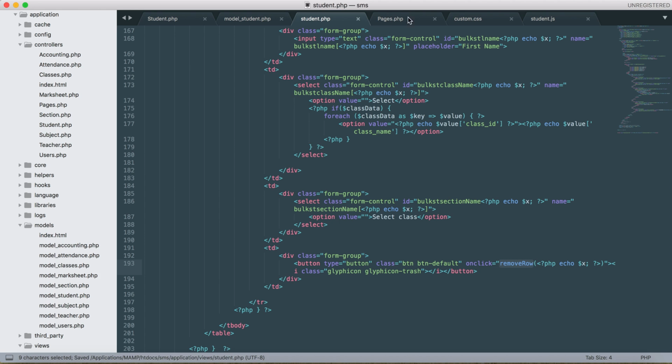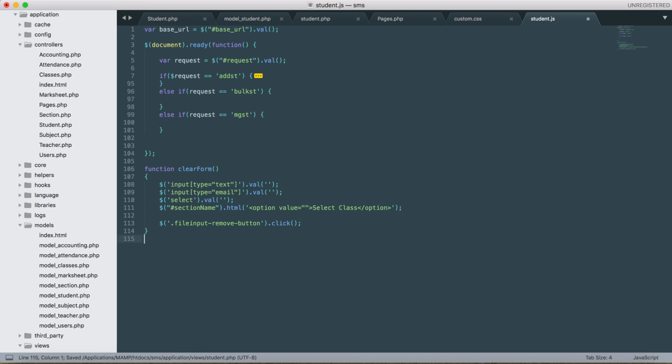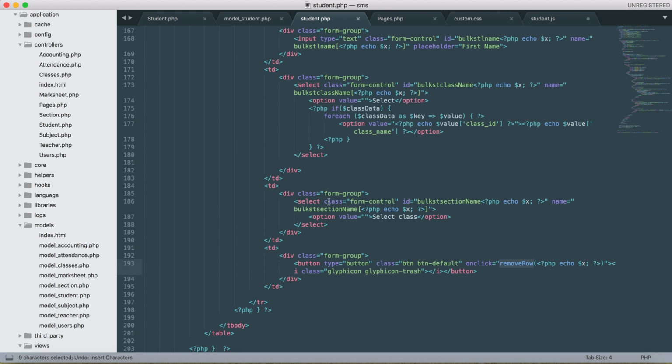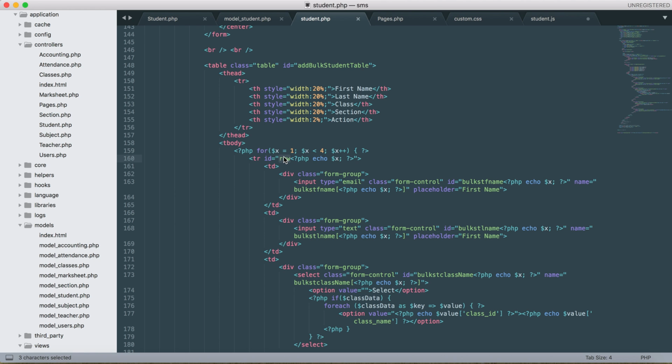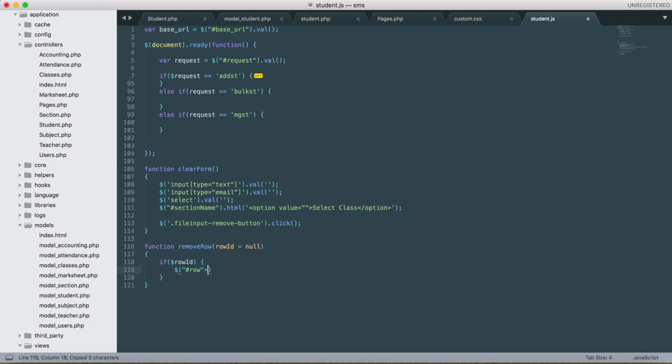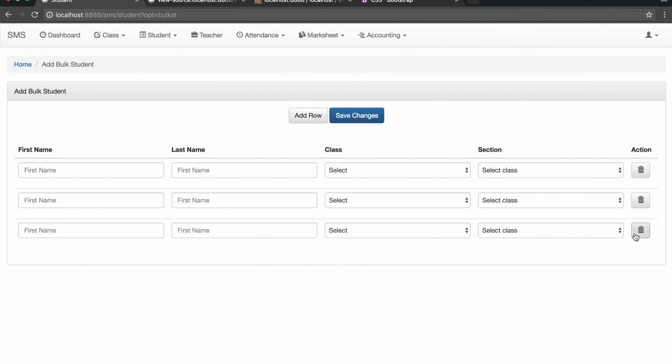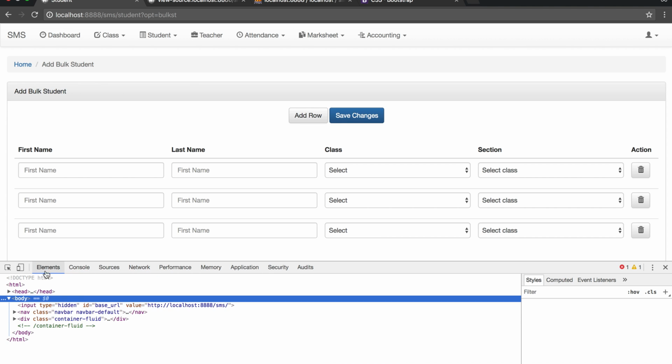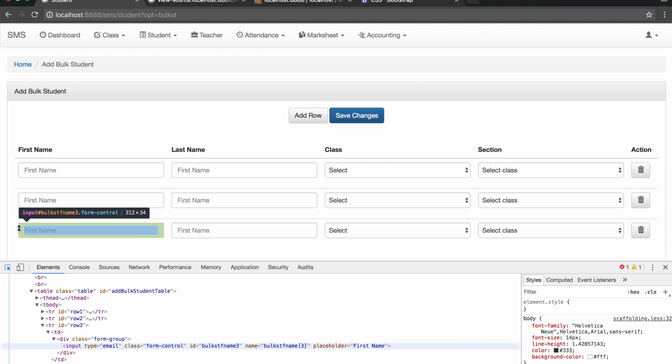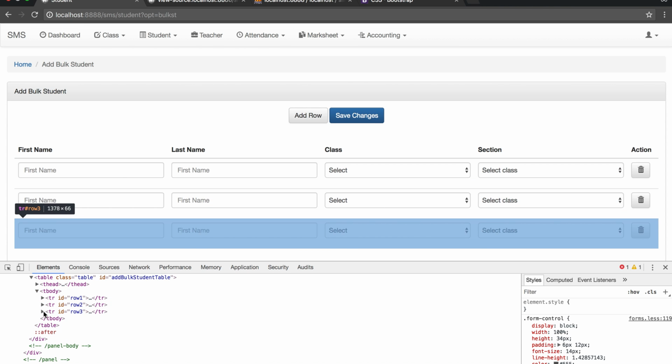So let's copy this function and write clear function, and in that we'll add row ID, and if row ID we'll try to remove by this calling and row ID and remove. I think it should be uniquely removed. So as you can see,